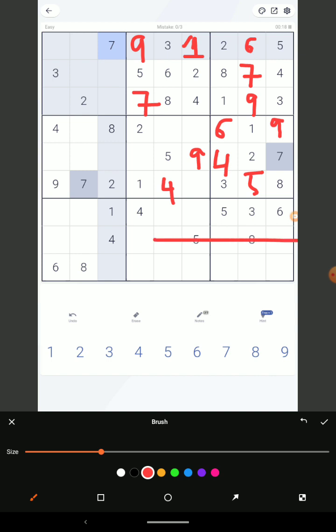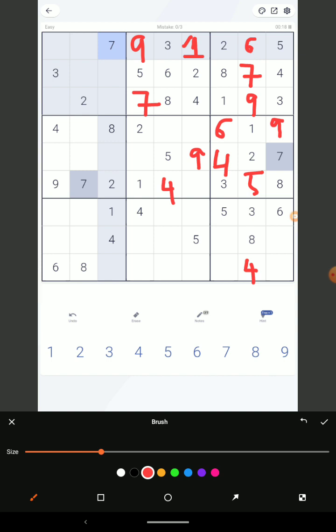We can't fill 4 here, we can't fill 4 here and here, so one cell for 4. Let's fill 4 here. Then we have 1 2, 1 can't be filled here, but we have two places for 1. 2 2, we can't fill 2 here, again we have two spaces for 2. Then we'll go with